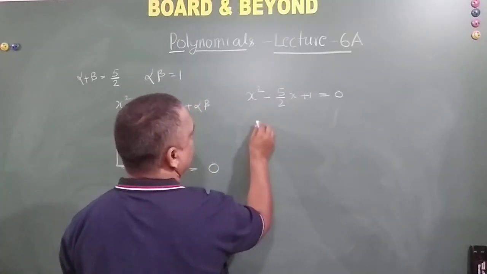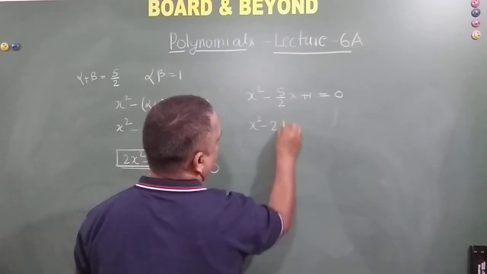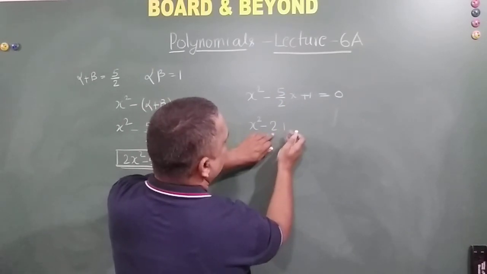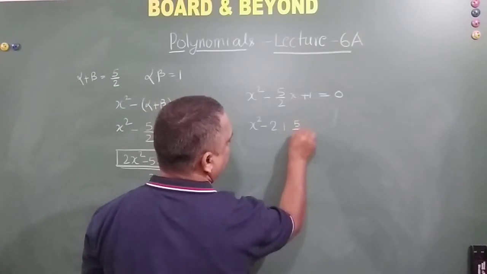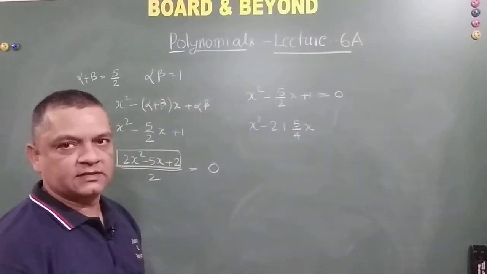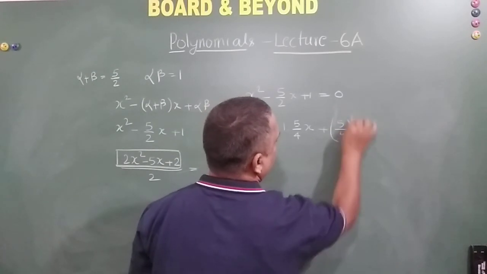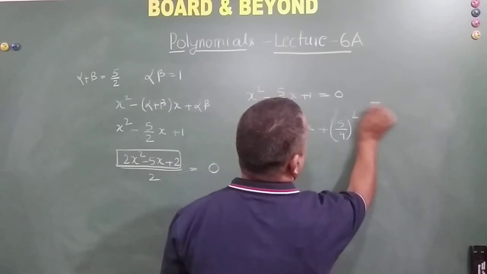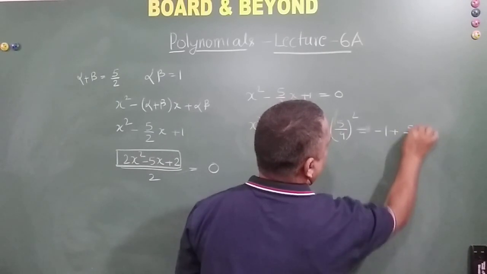to rush it through. So x square minus 2 into a is nothing but 1 into what is that I need to write here so that it becomes 5 by 2. So can I write 5 by 4 x? Does it make sense? Plus 5 by 4 whole square plus 1, sorry, 1 will be on this side, minus 1 plus 5 by 4 whole square.